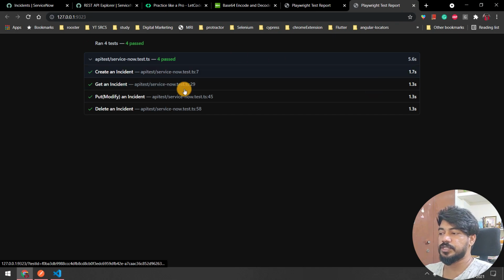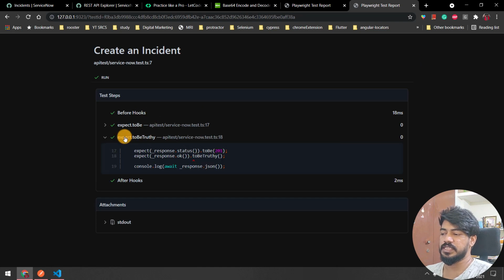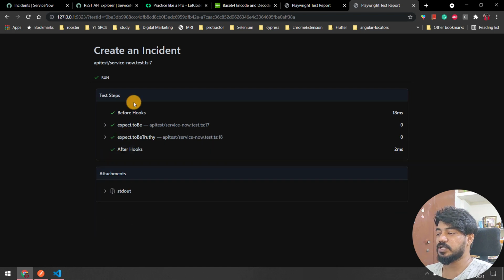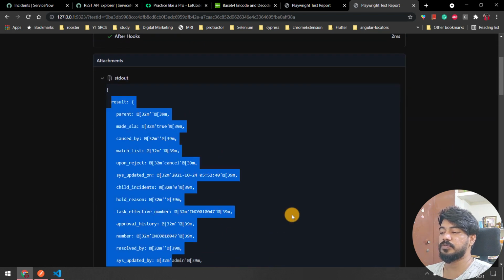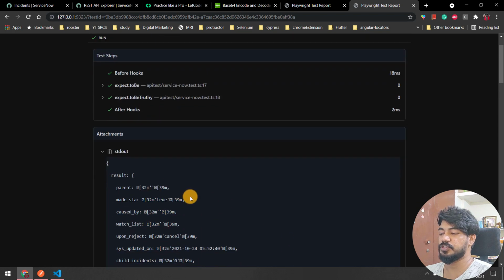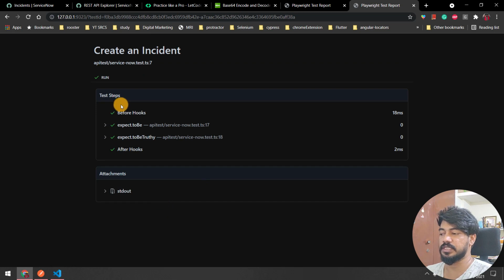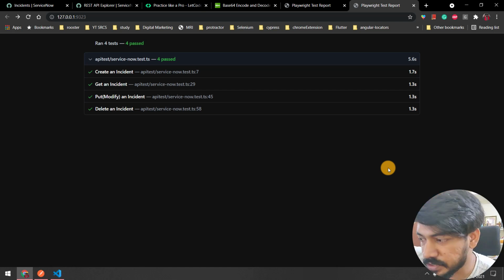Okay, so here you can see the reporter. So basically it's like a 4 test fast, and you can see all the detail. Okay, it doesn't have anything like the screenshot, of course there should not be. But this is our standard output, so we'll get everything. And I think there should be pretty print. Here you can see a lot of junk characters, but they have missed it, I think. Which is fine, of course. Yeah, so we have a very decent report, so you can see what is passed, what is failed.